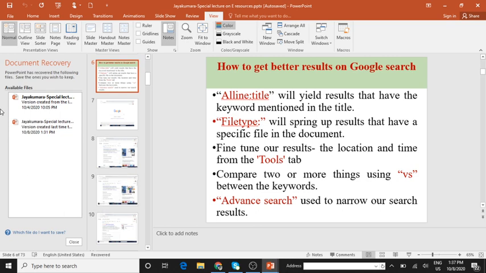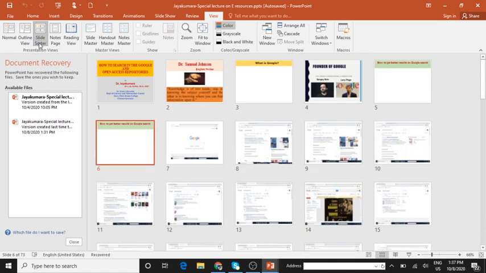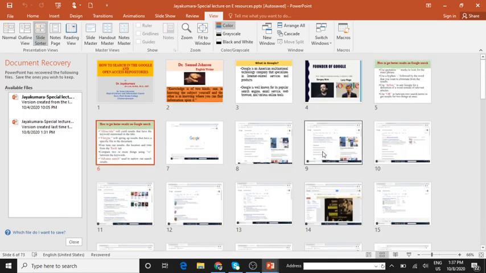Then the next one is slide sorter. Whatever slides or however many slides you have created, all the slides will appear like this. It displays your entire set of slides on screen in thumbnail form, so that you can check the order and completeness of your presentation. It is an ideal view for deleting and rearranging slides.